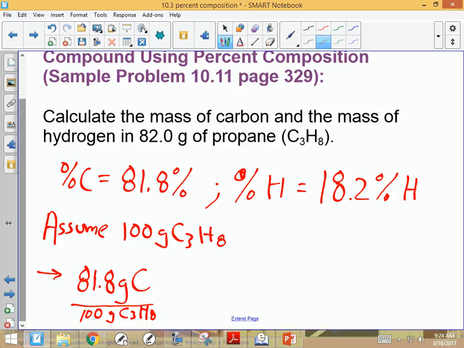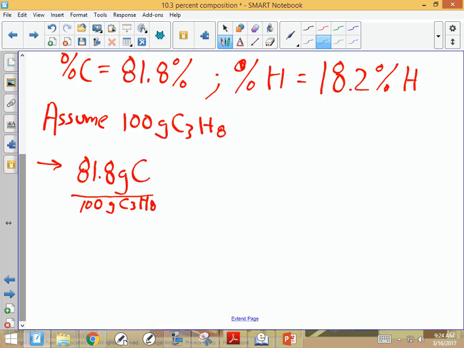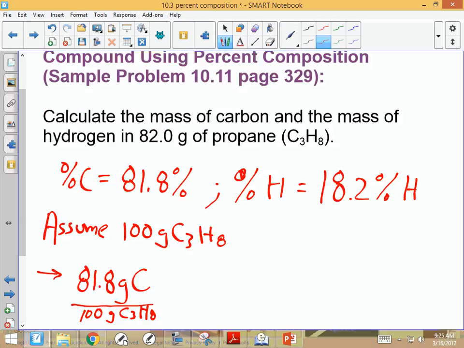We'll also have 18.2 grams of hydrogen in that 100 grams of propane. Right? That's what percentage means. If I say it's 18.2%, that means 18.2 grams per 100 grams, per 100. That's what percent means. It means per 100. So I have those two conversion factors, and they gave me